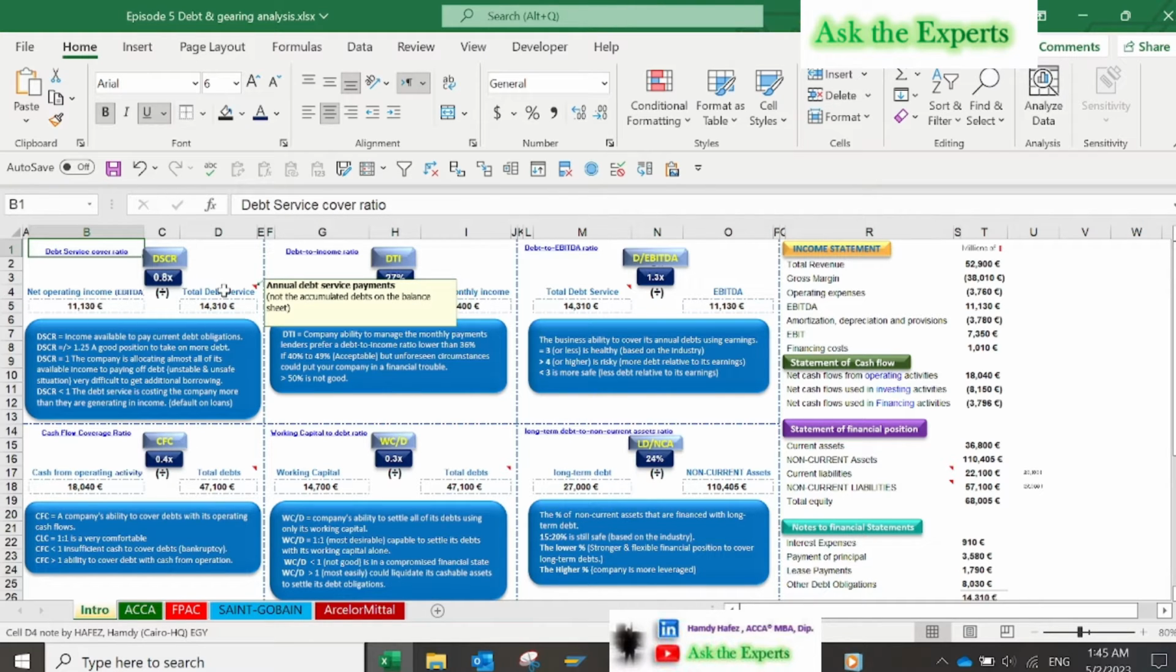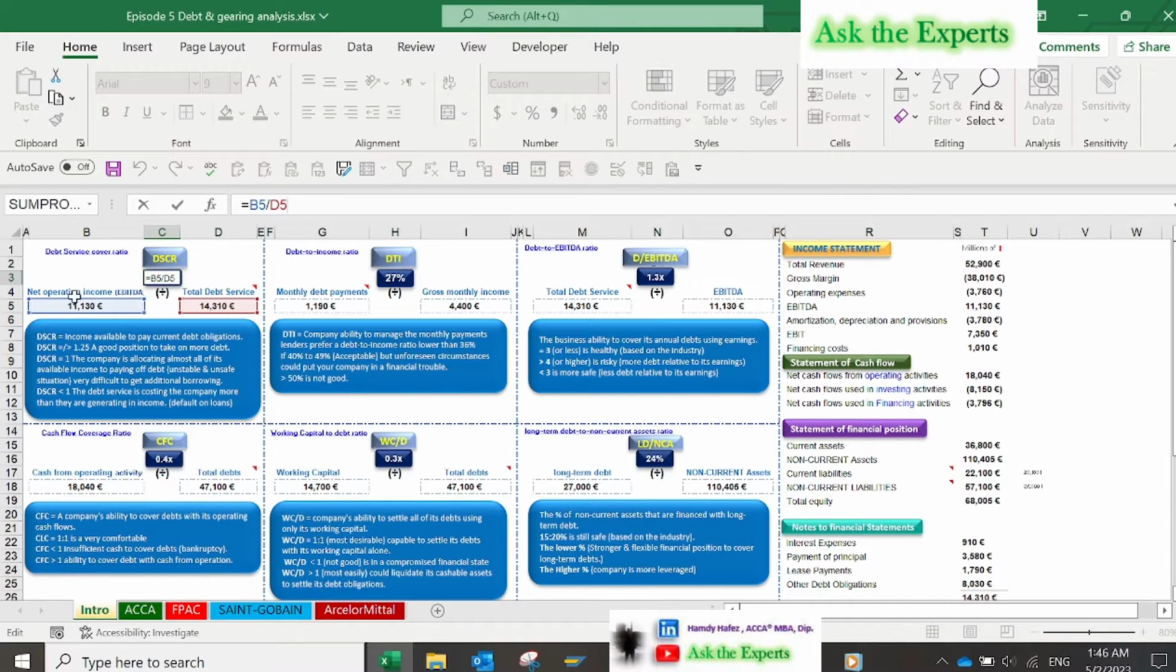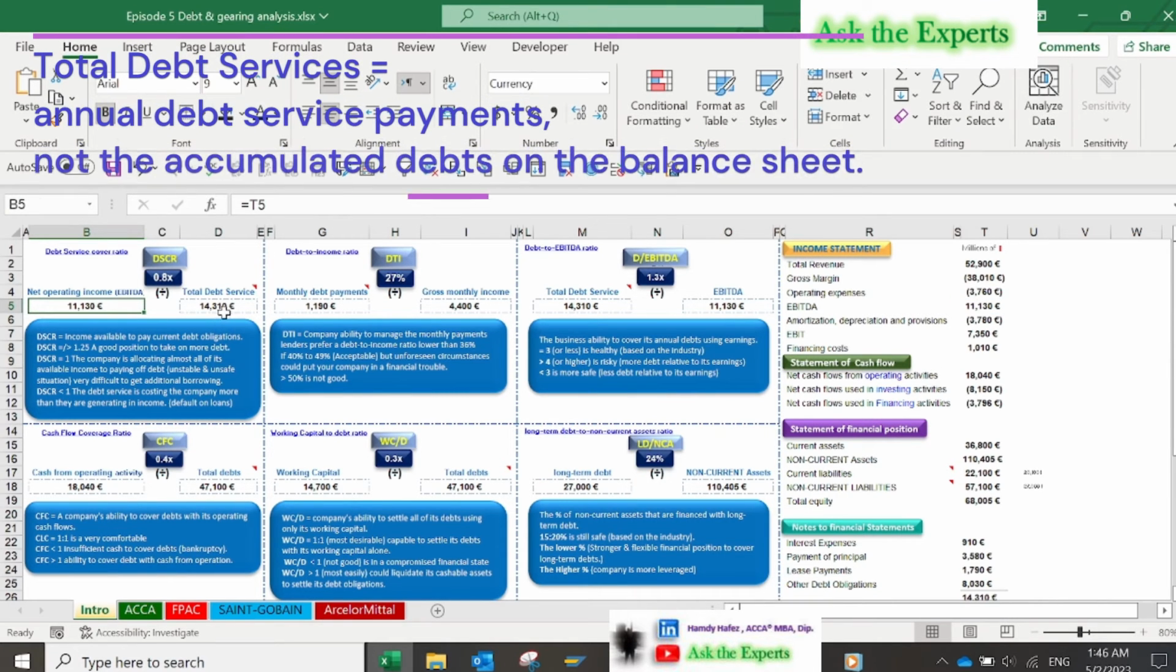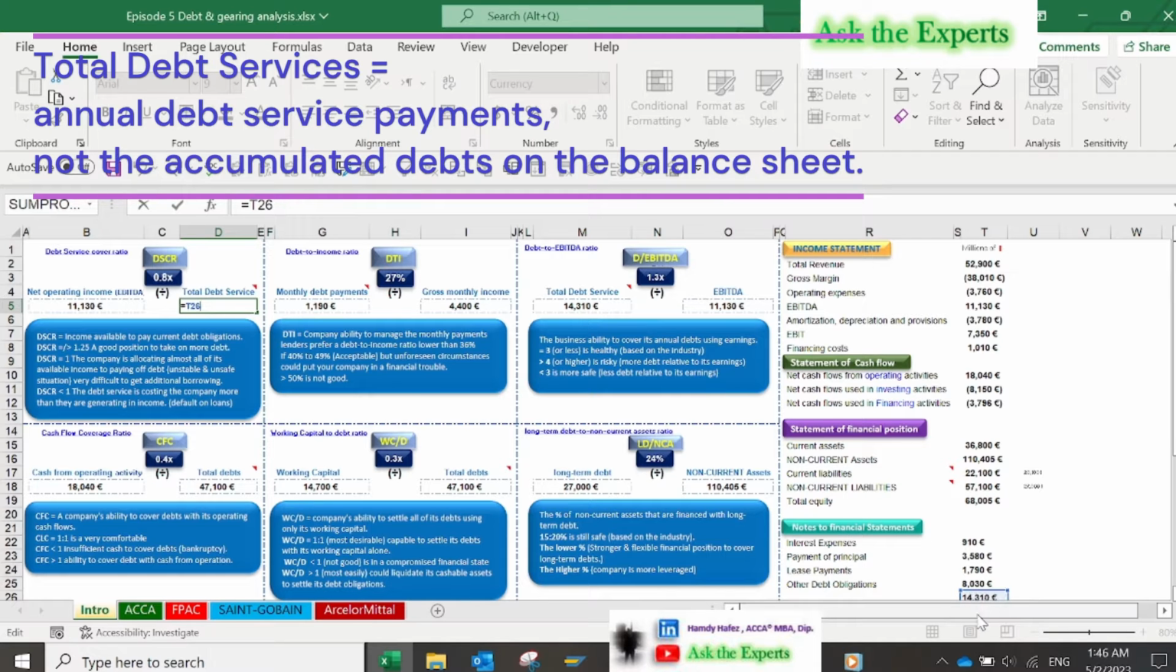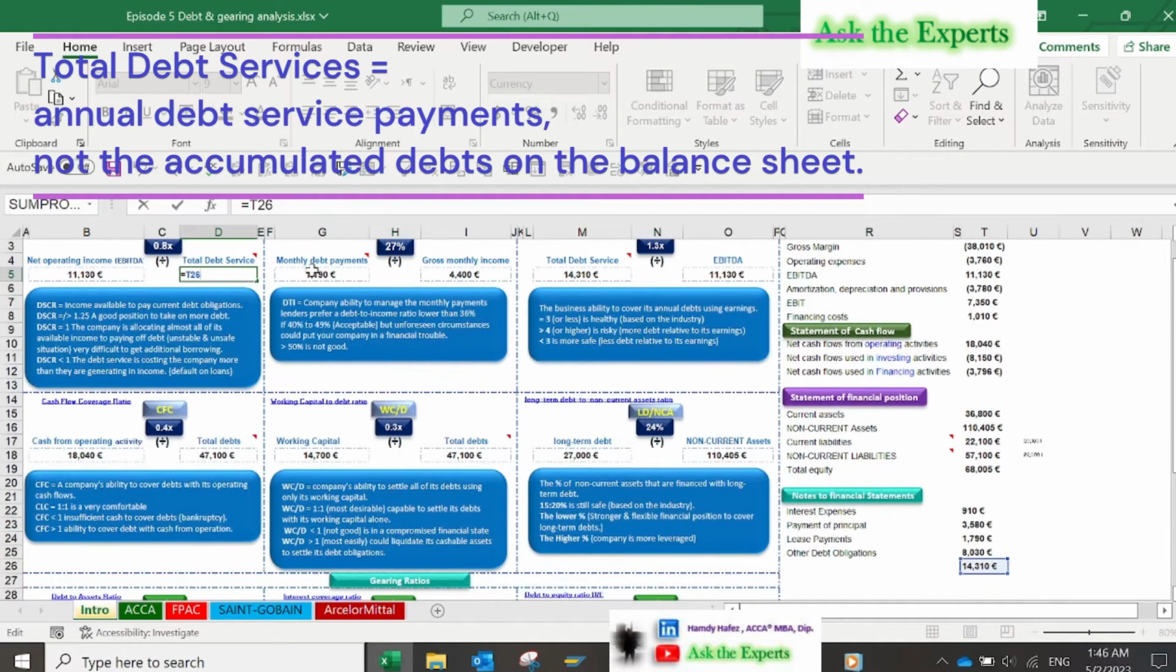The Debt Service Cover Ratio, or DSCR, is a measurement of a firm's available cash flow to pay current debt obligations. To calculate it, you need to divide the net operating income, or EBITDA, earnings before interest, tax, depreciation, and amortization, by total debt service. But take care that you divide by the annual debt service payment, not the accumulated debts on the balance sheet. A good debt service coverage ratio could be at least